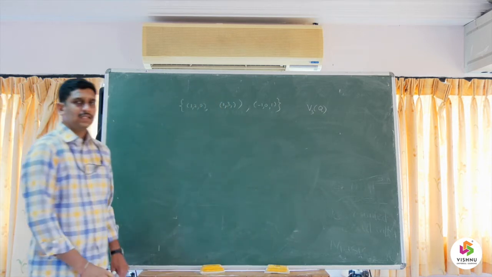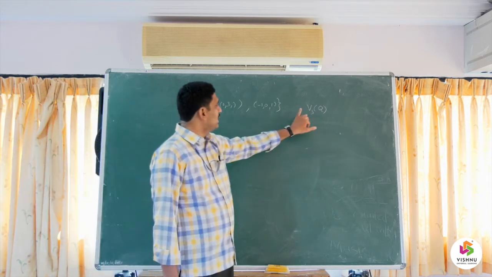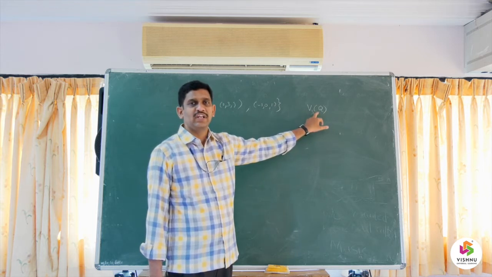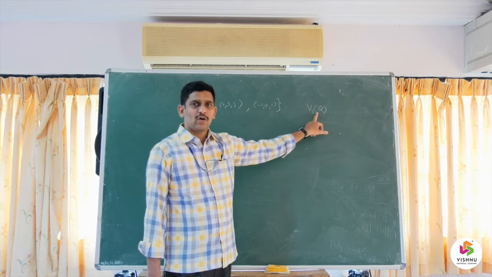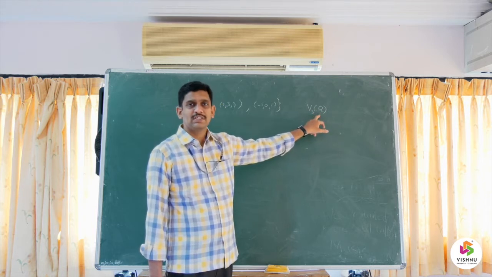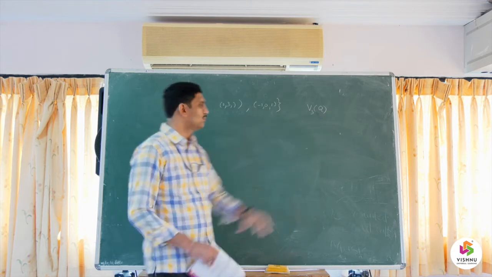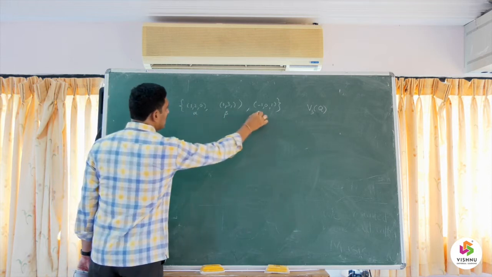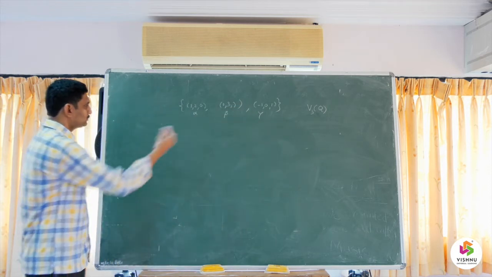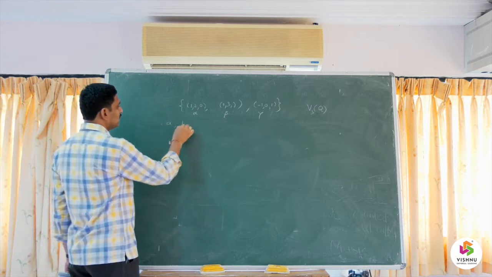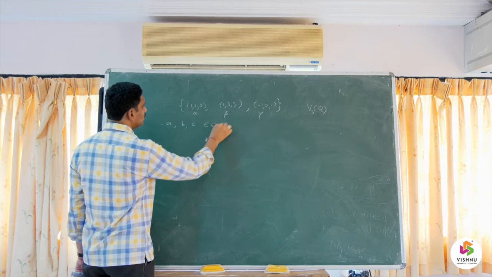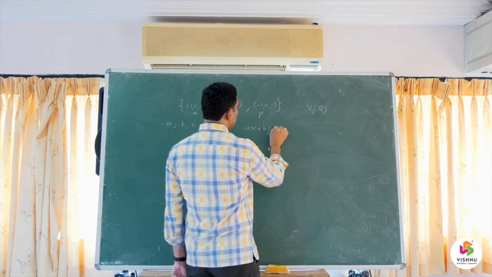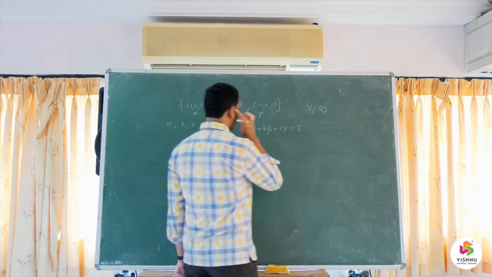So if you observe, the vector space is given by V3 of Q. Here Q is nothing but the set of rational numbers, which is the field here. So while writing the linear combination, we should take the scalars in the rational number system. Let us give the names: the first vector is alpha, the second vector is beta, and the third vector is gamma. Take the scalars A, B, C belonging to Q such that A alpha plus B beta plus C gamma is equal to the 0 vector.